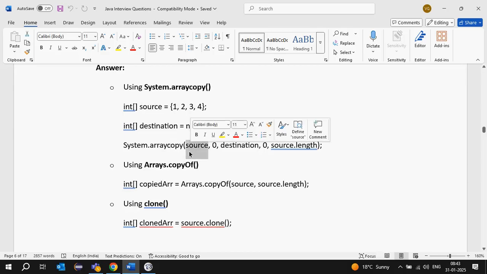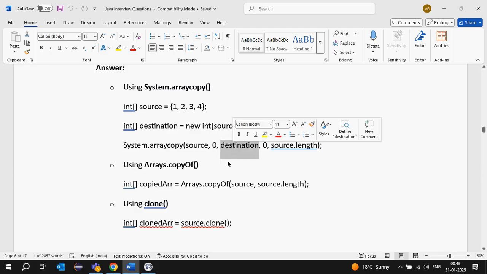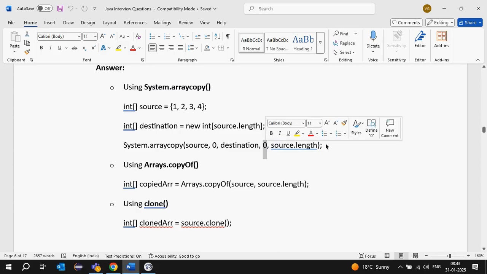Here, the first argument is the source array, from where I want to copy, from the source 0th index. Then to where I want to copy, the destination. In the destination, I want to copy from 0, with length source.length, so 0 to the last element is copied into the destination.